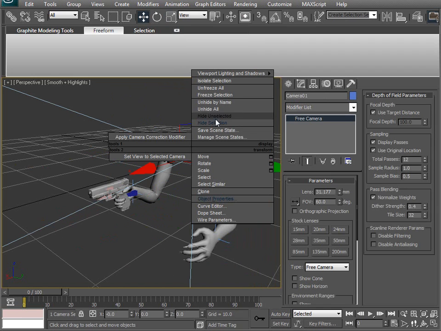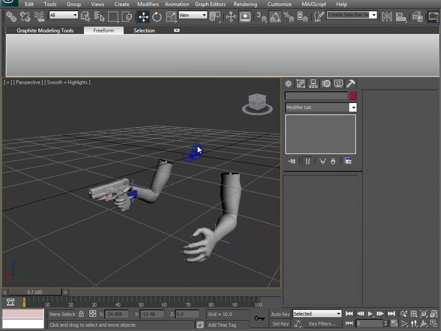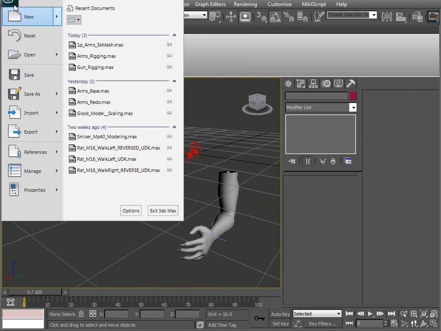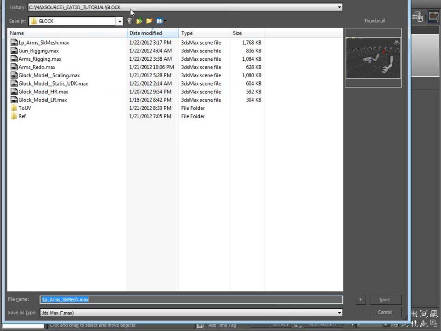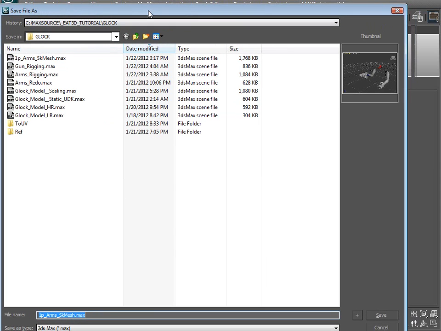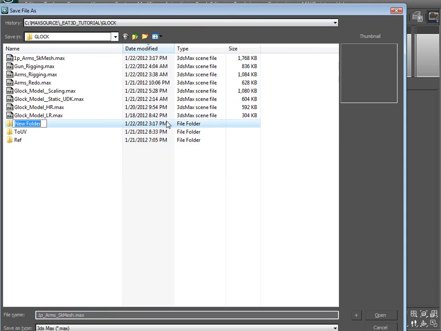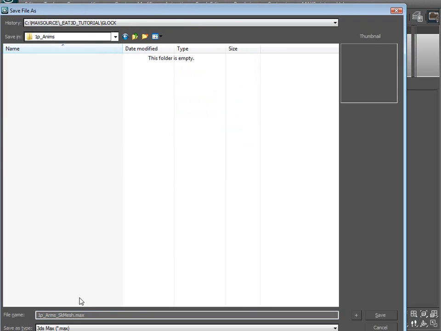The other thing I want to do is I just want to freeze that camera so I don't accidentally pick it. Okay. So now I'm going to save and then save as, and what I'm going to do now is I'm actually going to give myself a folder, and I'm going to call it 1P Anims. Okay, and this is going to be one player arms